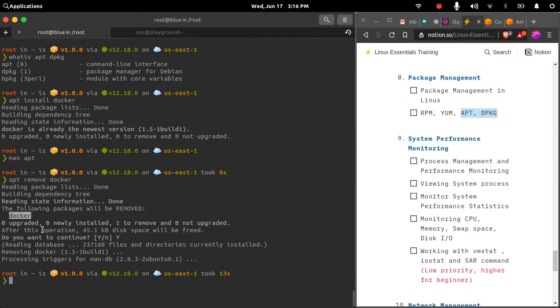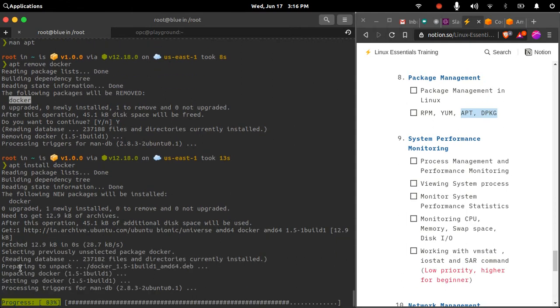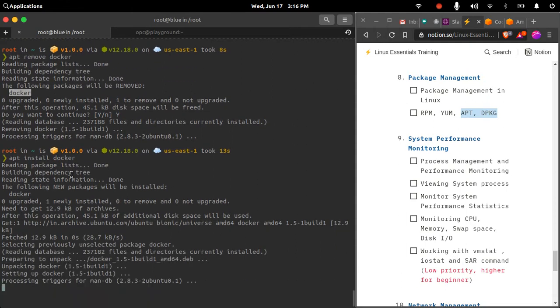And similarly, if I want to install it again, I can use apt install docker. It might ask you for confirmation. You might need to enter y or n, or it will install directly. So here I have reinstalled my docker application on an Ubuntu based system. If you see, it was able to find Ubuntu in this repository, making a get request on this particular repo, and then in that it was able to find docker as a package.